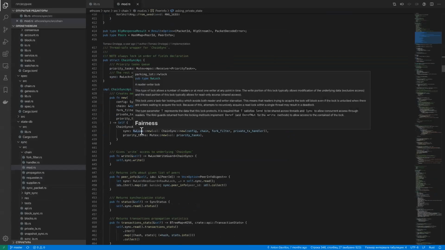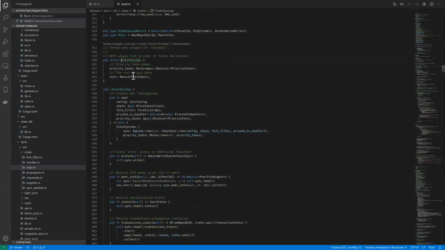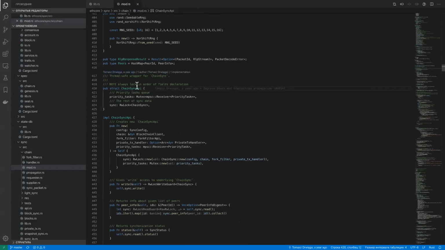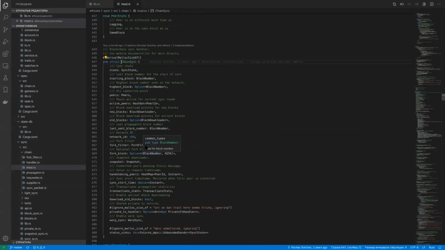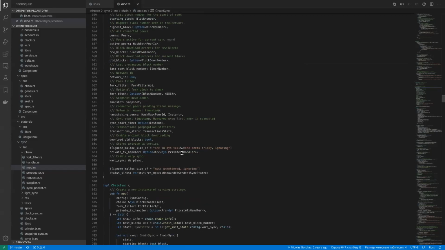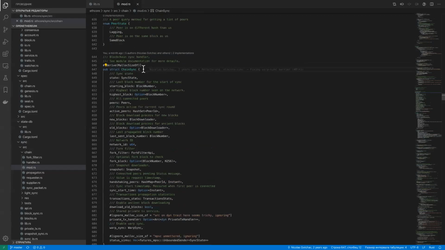So the main part here is the chain sync API, which is the thread safe wrapper for chain sync, which is here. And this is basically the sync handler,